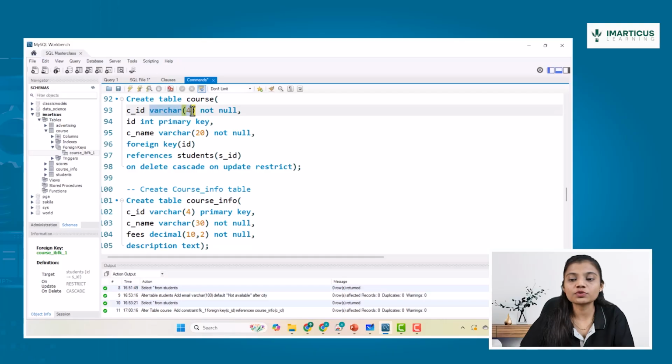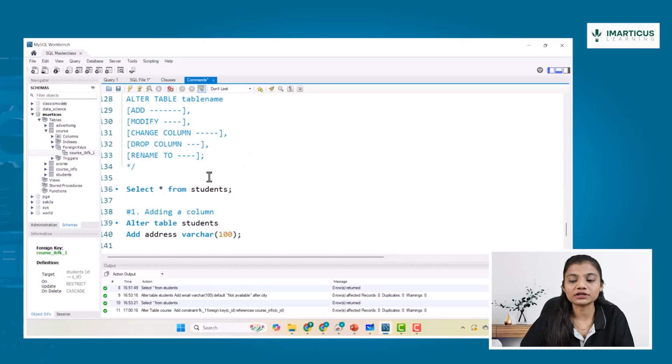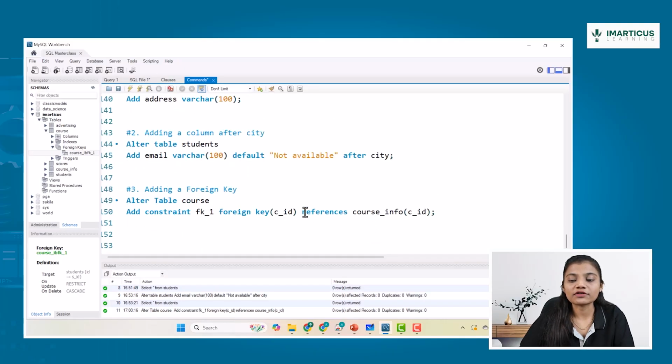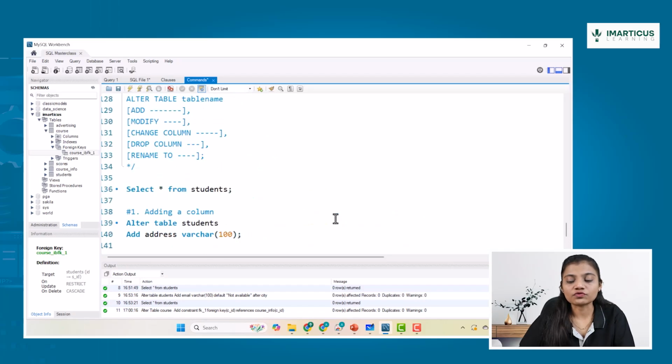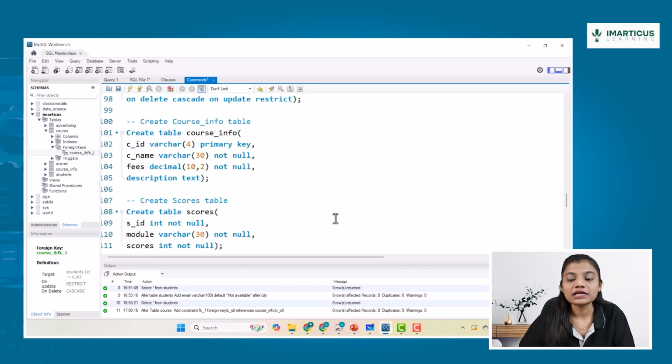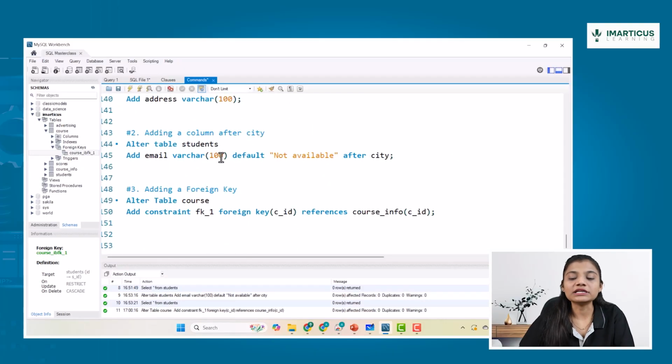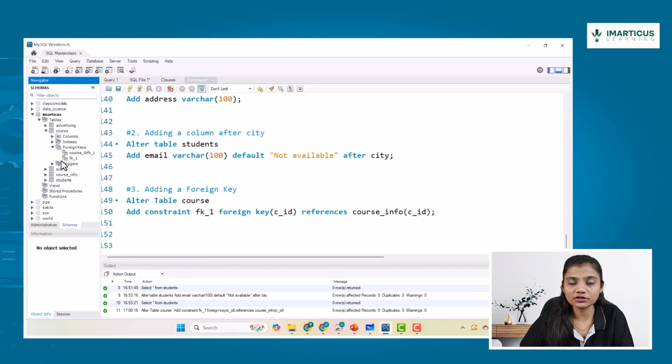If I refresh, you can see the FK1 which we created. So what does it do? FK1, course info, course ID and course ID. On update, I have not passed anything such as cascade, set null and so on. So what does it do? By default, it is on update restrict, on delete restrict, which means on update also it will restrict and throw an error. On delete also it is going to restrict and throw an error for us. So this is how a foreign key